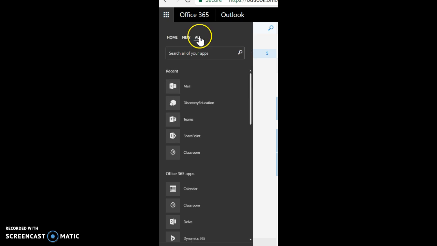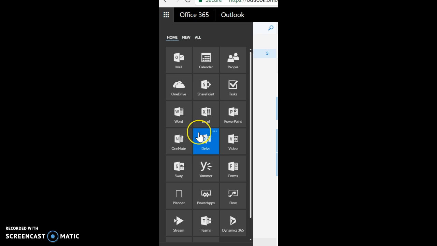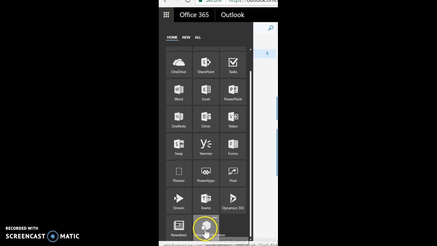So please choose All. And then you are going to type Discovery Education. And then when I highlight it, you'll see these three dots. When I right-click the three dots, I can open in a new tab, I can pin to Home, or there's more options. I want to pin to Home, and then when I go home, you will see that Discovery Education has been